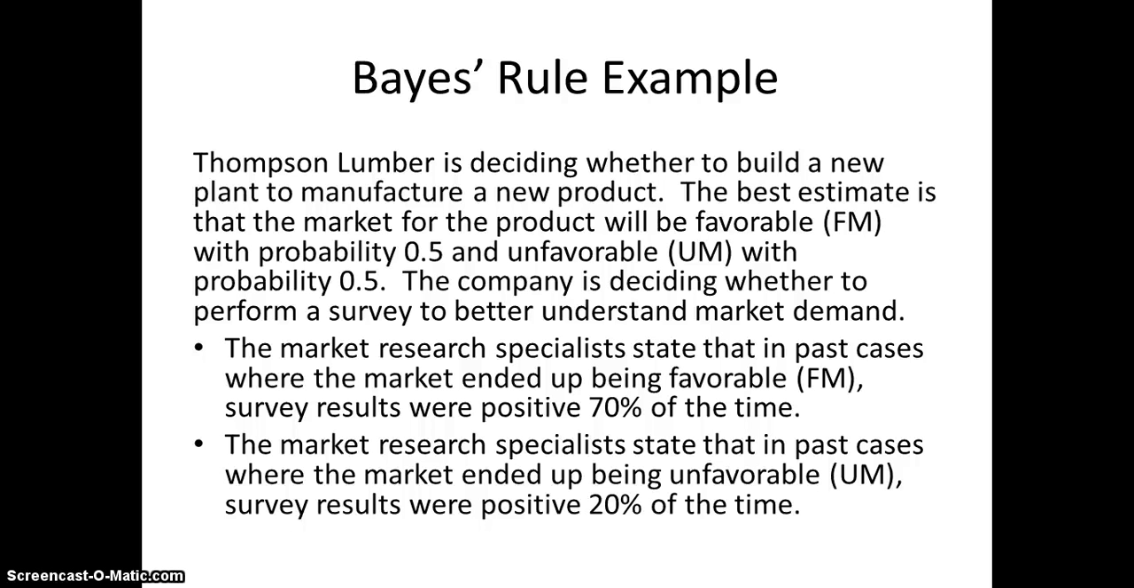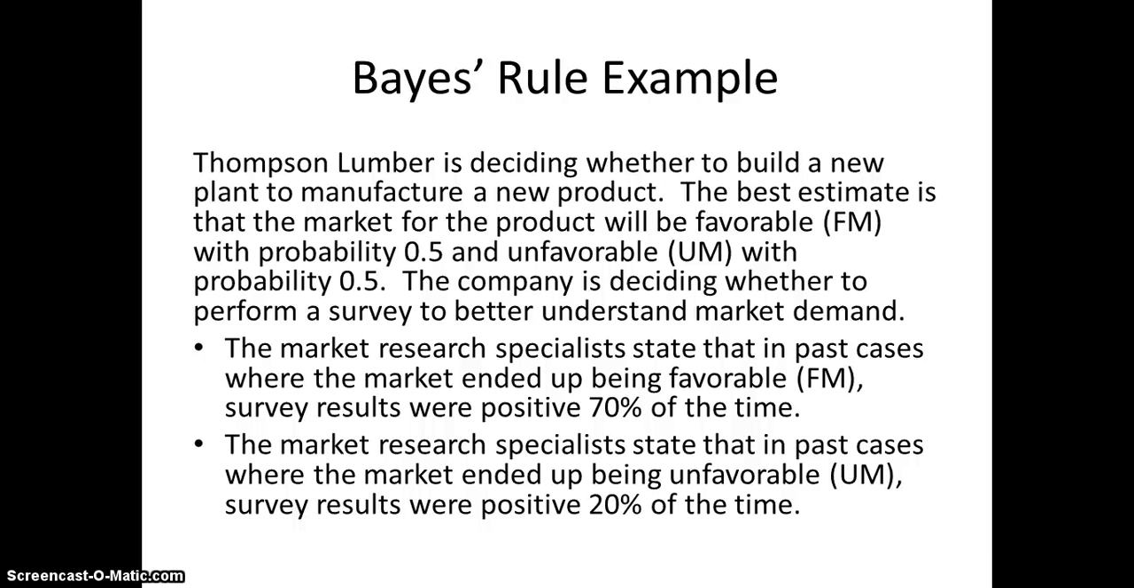The best estimate is that the market for the product will be favorable with probability 0.5 and unfavorable with probability 0.5. The company is deciding whether to perform a survey to better understand market demand. In order to make this decision, Thompson has solicited the following information. The market research specialists state that in past cases where the market ultimately ended up being